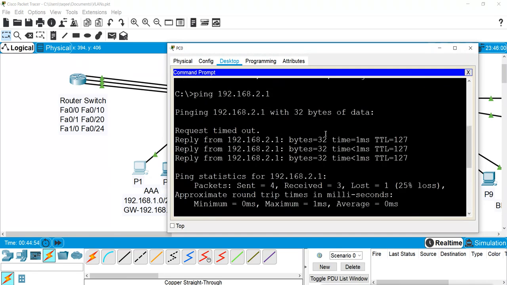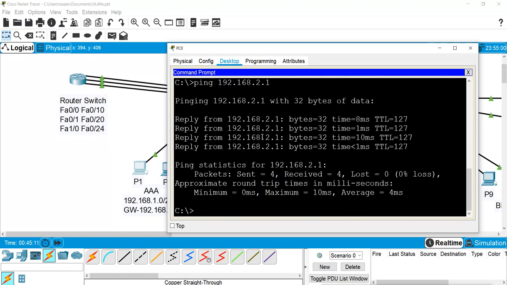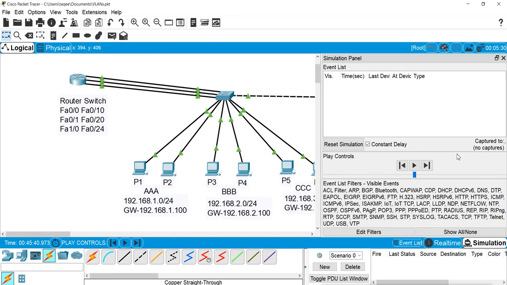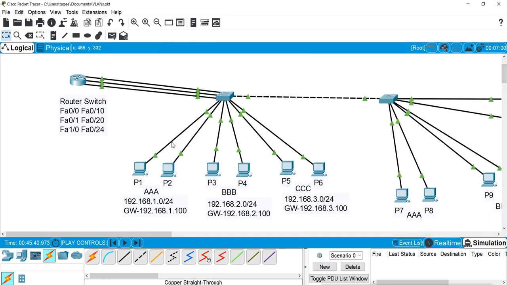Now, whenever you do routing and send the ping request for the first time, the first packet always drops. Why does it drop? Because of ARP. If you go to the simulation mode, you will see how it is dropping. Let's say I ping the other network, like VLAN C, 3.1. I am pinging this for the first time, so the first packet will drop. So I will do it in the simulation mode.